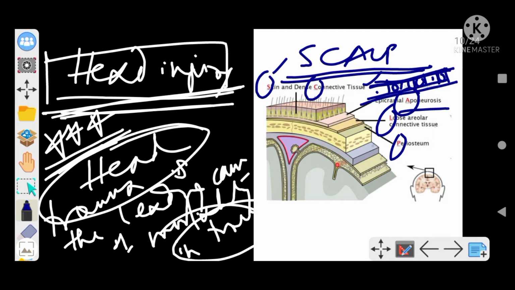Now talking about the next layer, aponeurosis. This layer is important, like if this layer bleeds, in case of subaponeurotic bleeding, there are black eyes or raccoon eyes. We will see in our future slides. Now we'll talk about loose areolar tissue. This has importance, as it can transmit retrograde infections via emissary veins, right? Leading to cavernous sinus thrombosis as well. So this is the importance of it.